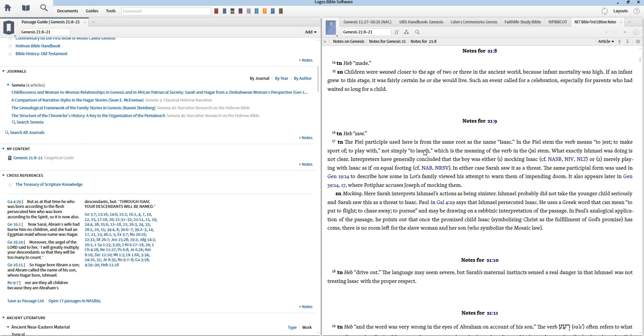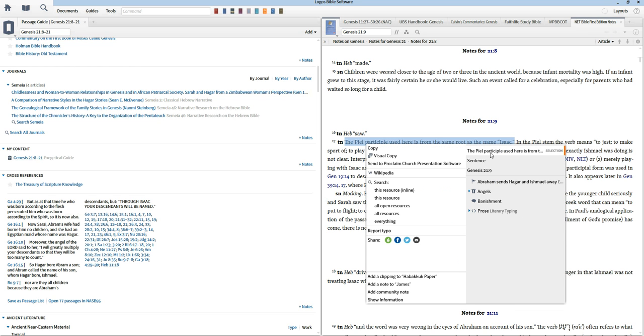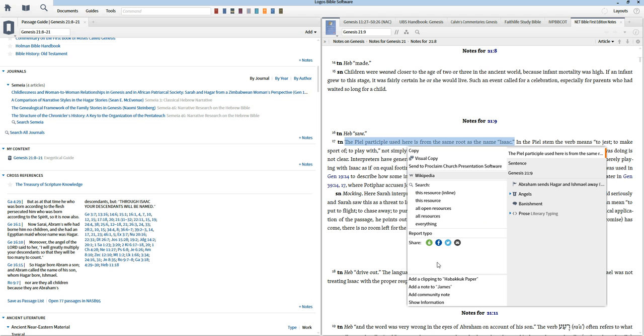I can highlight, I can copy and paste into different notes. Like, let's say I find something really good here in the note for 21:9. Let's say I really like this note on the Piel participle. The Piel participle in 21:9 is from the same root as the name Isaac. Oh, well, that's interesting. So what I'm going to do is select that. I'm going to copy it. And actually, what I would do, add,